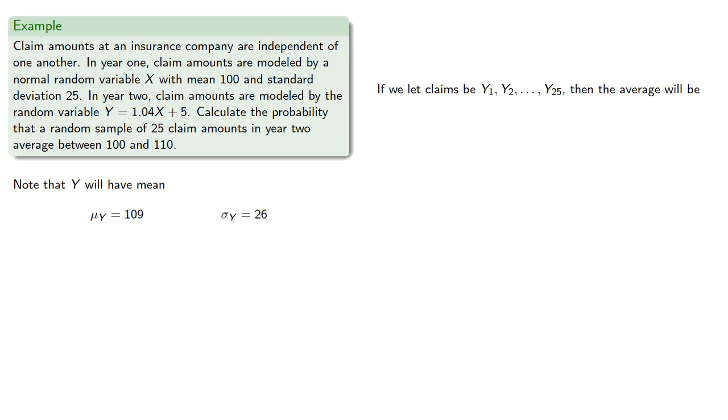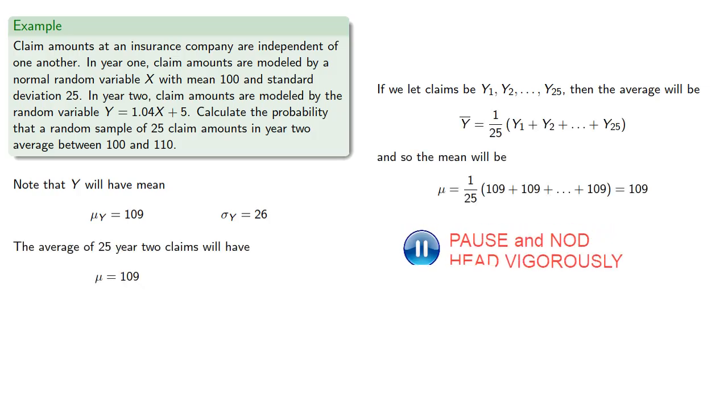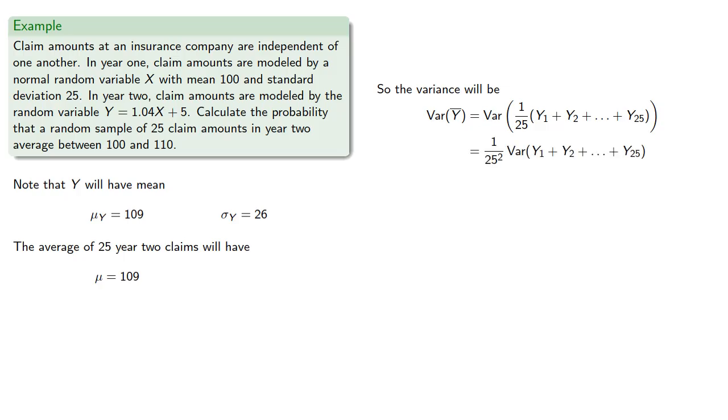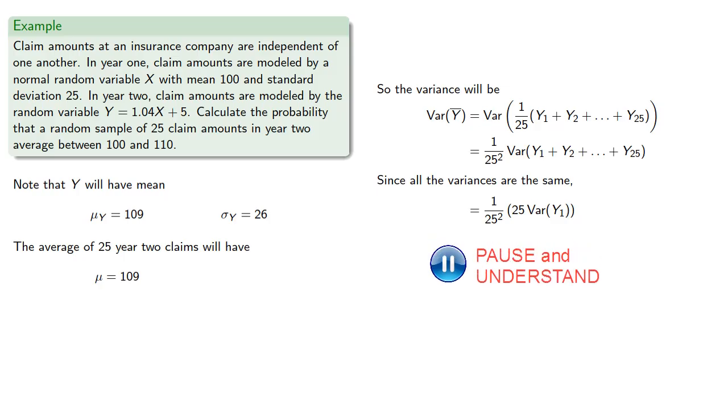Now if I take 25 claims, the average will be, and so the mean will be, meanwhile, the variance will be the variance of this function. And again, that's a constant multiplier, so it comes out as a square. And since all the variances are the same, this is going to be 25 times any individual variance. Well, we know that variance is the square of the standard deviation. And so our standard deviation will be